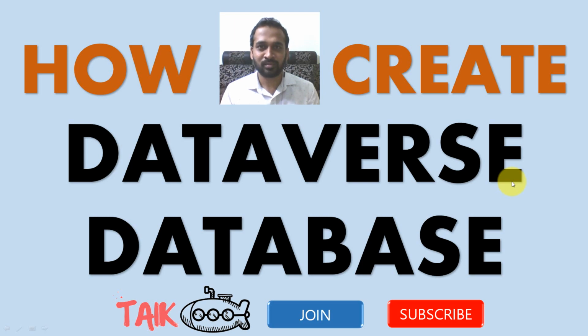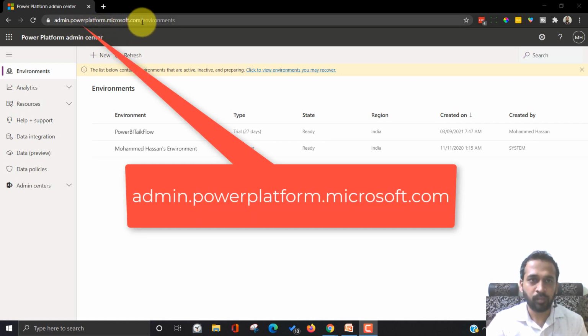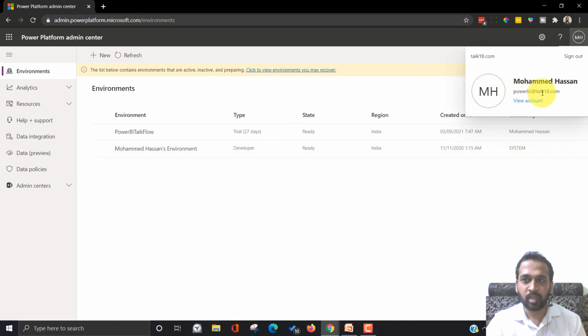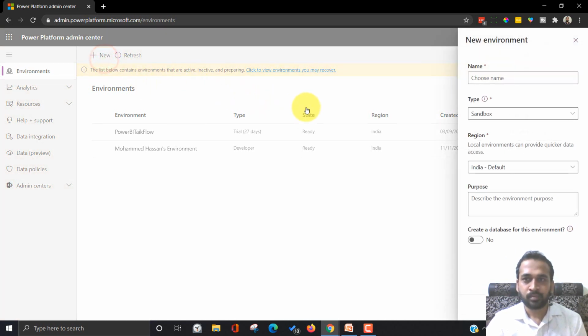Now let's get started. If you want to know how to create the environment and Dataverse database in Power Platform, then you have to go to admin.powerplatform.microsoft.com. Once you enter that, it will open up this home screen and it has selected Environments by default. Inside that, you will see the environments you have. Right now I'm logged into my account. On the top left, you have New. If you want to create a new environment and new database, you can click here on New, and